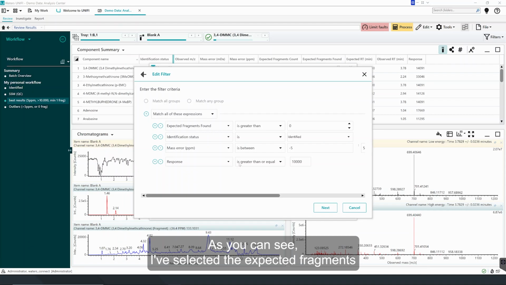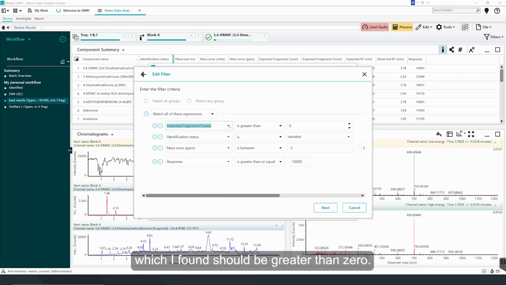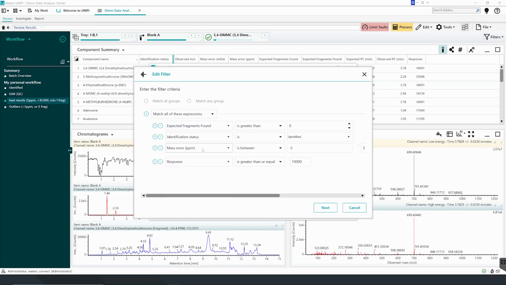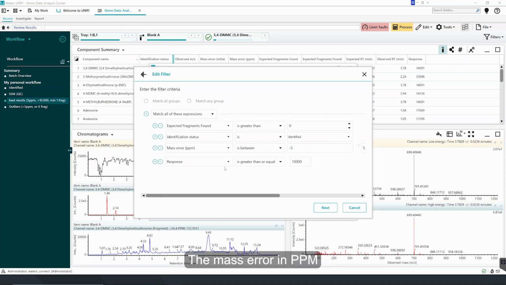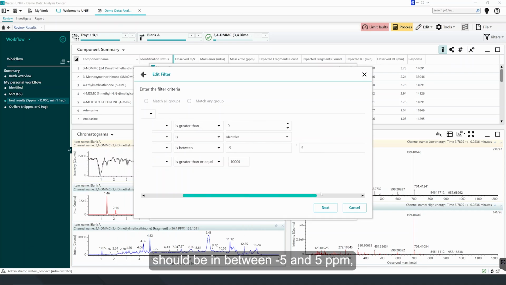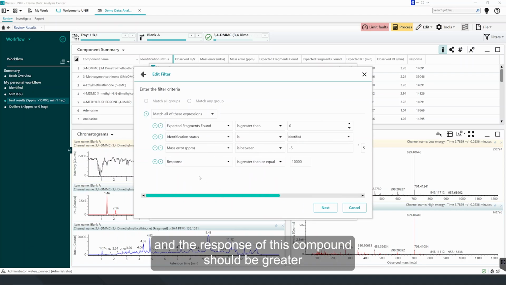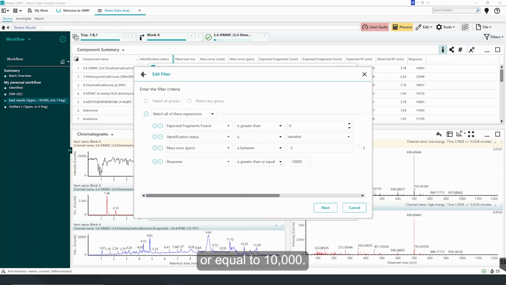I've selected that the expected fragments found should be greater than 0. The identification status of my compound should be identified. The mass error in ppm should be between -5 and 5 ppm. And the response of this compound should be greater or equal than 10,000.